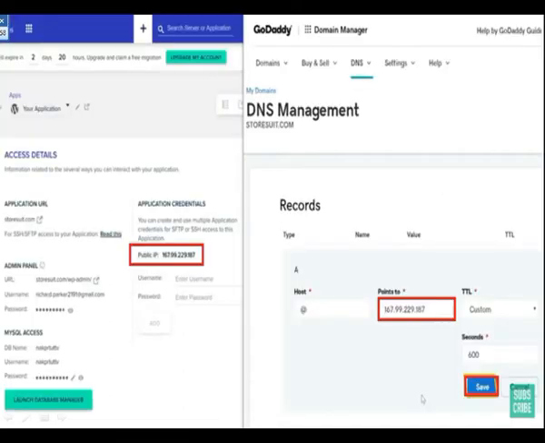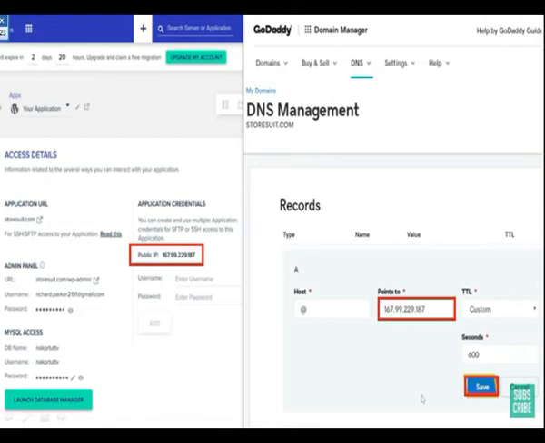You can see the public IP. Just copy it from there and put it in the DNS management, which is available in GoDaddy or wherever you have purchased your domain name. Just put the public IP number in the box and save it.